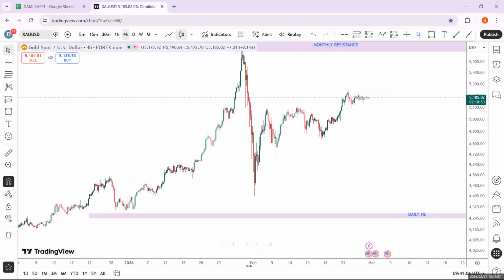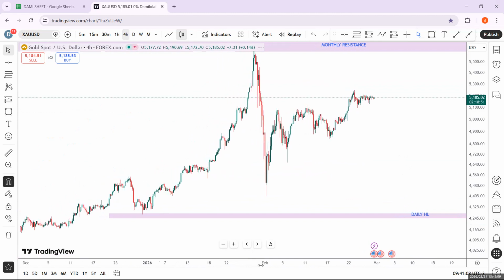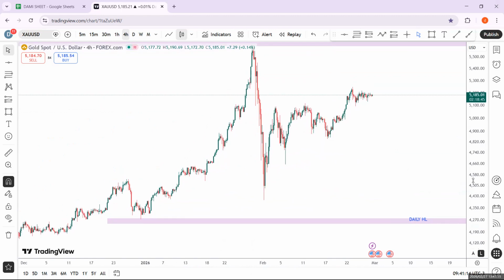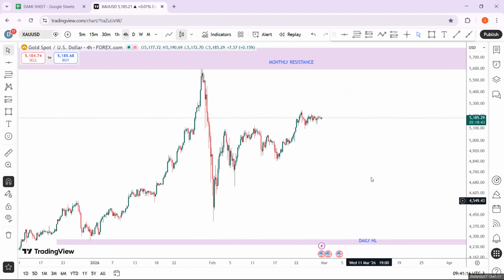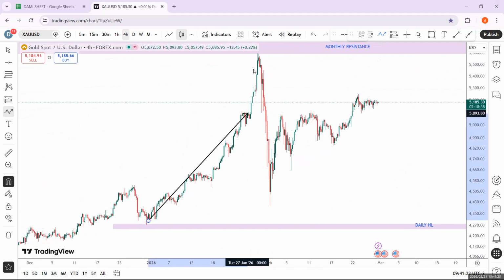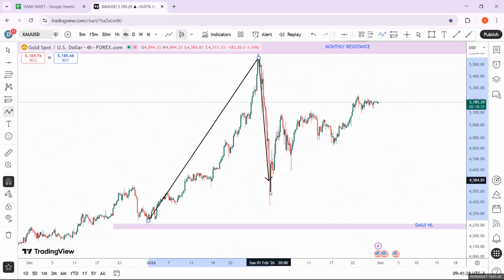Our entry time frames are 4 hours, 1 hour, and sometimes I can even go as low as 15 minutes to pick a trade. So what are we seeing within this 4 hour time frame? Here we identify this daily higher low, we identify this monthly resistance point, and we know that from this point here, all of these are one swing movement. So if there's a retracement, which is the sell, we know that the sell is going to sell to as much as the 78.6 Fibonacci level.